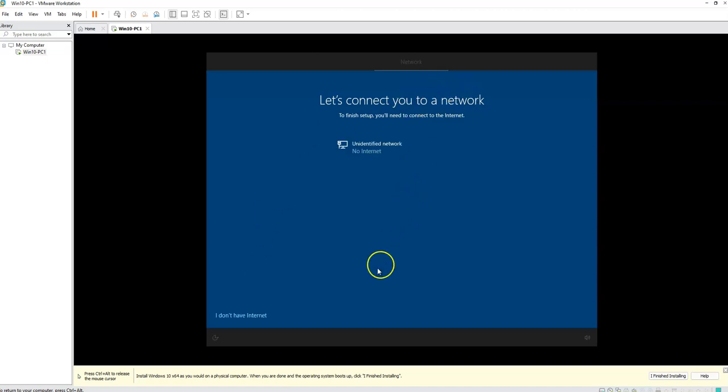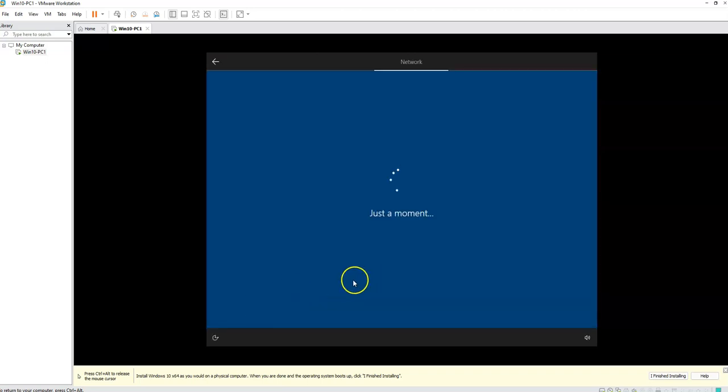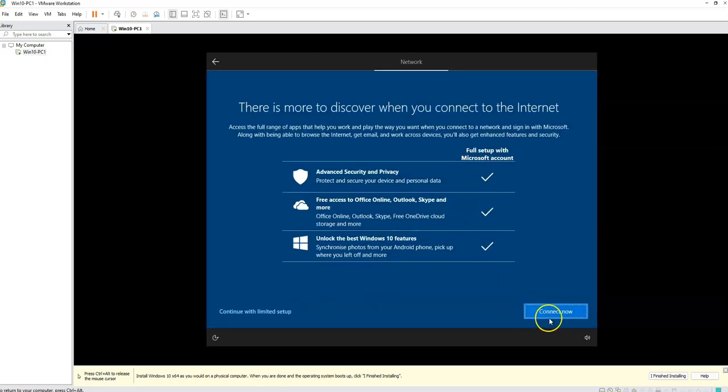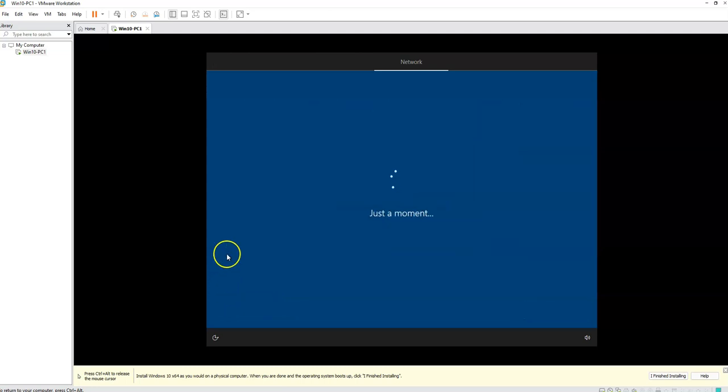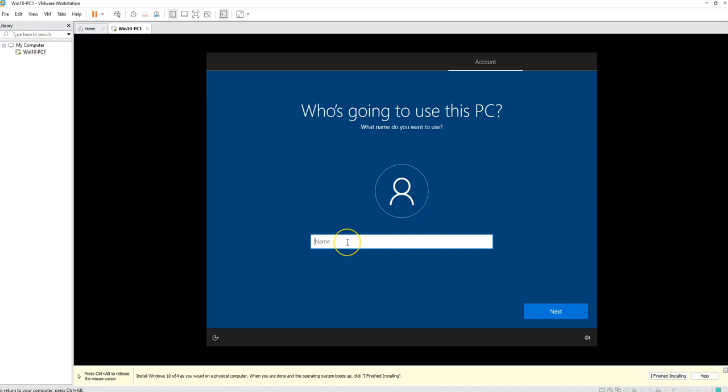Then it says let's connect to the internet, so there's a reason why I don't want to connect now. So I would say no, I don't have internet. Then the rest, I don't want to connect, we continue without any connection, otherwise it takes really long. Let's call the PC same name, Win10-PC1,